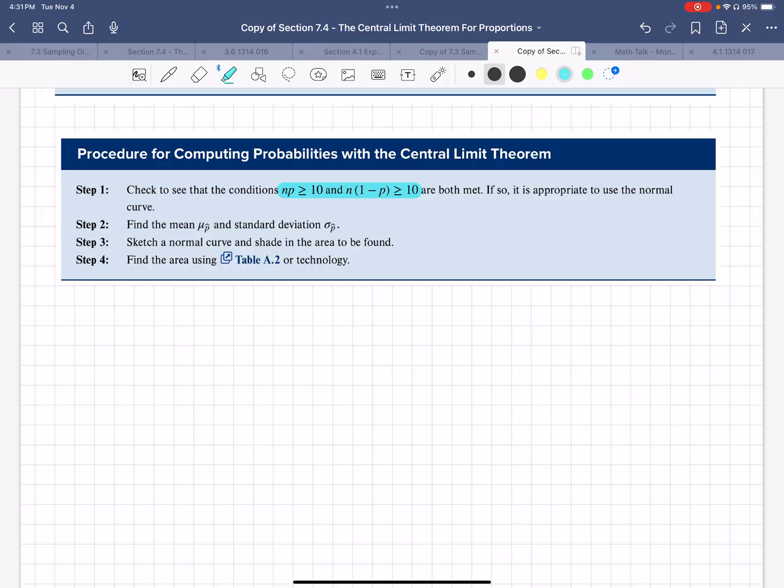So let's look at example 2. Once we prove that we can use the normal curve, then of course we're going to use normal CDF. In order to use normal CDF, those particular things have to be met. Okay, example 2